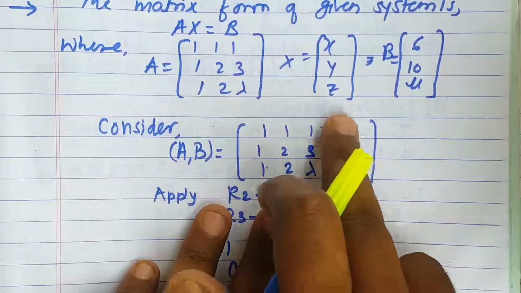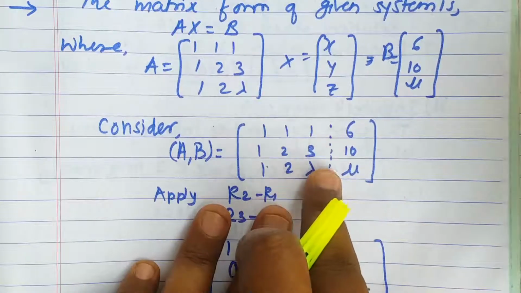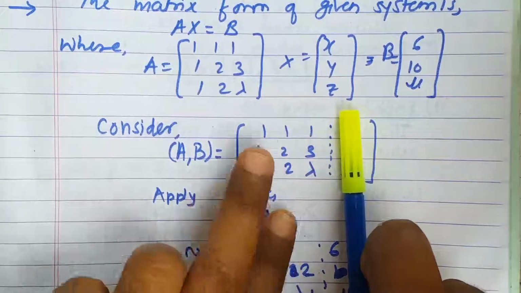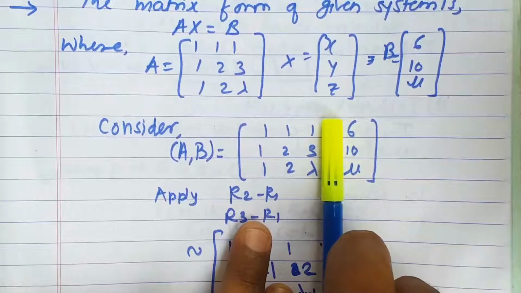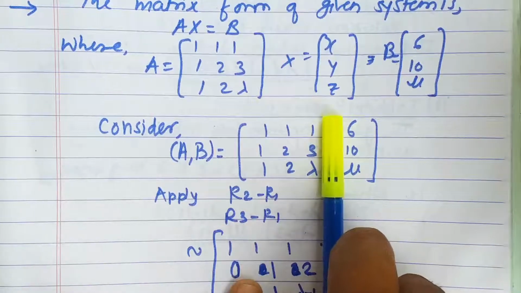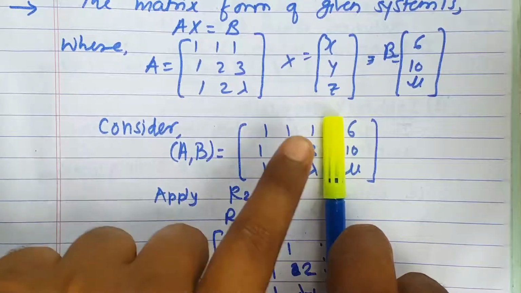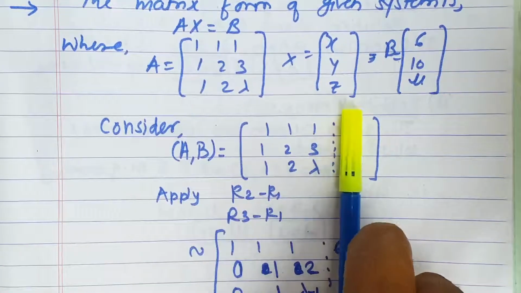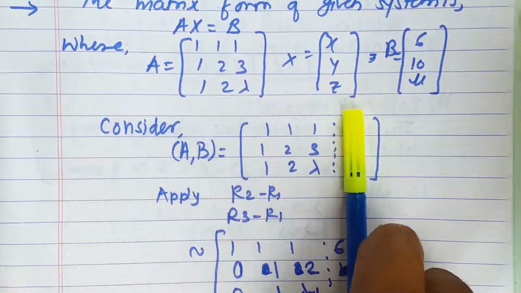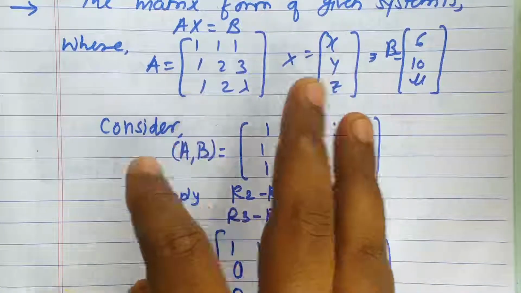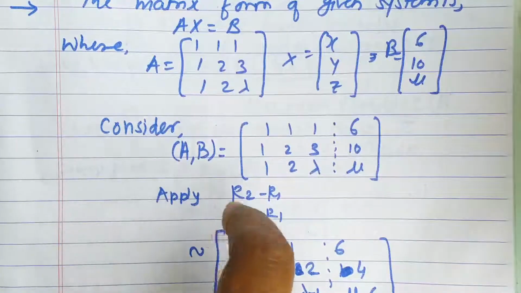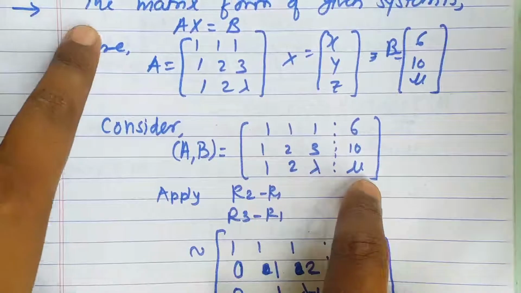And we keep a line of separation, for understanding the value of A as well as A comma B. If you hide this dotted line, the entire matrix is A comma B, and if you hide this column, the matrix A is with us. So both matrices are considered together simultaneously, and that helps us to check the consistency of the system after obtaining the rank.